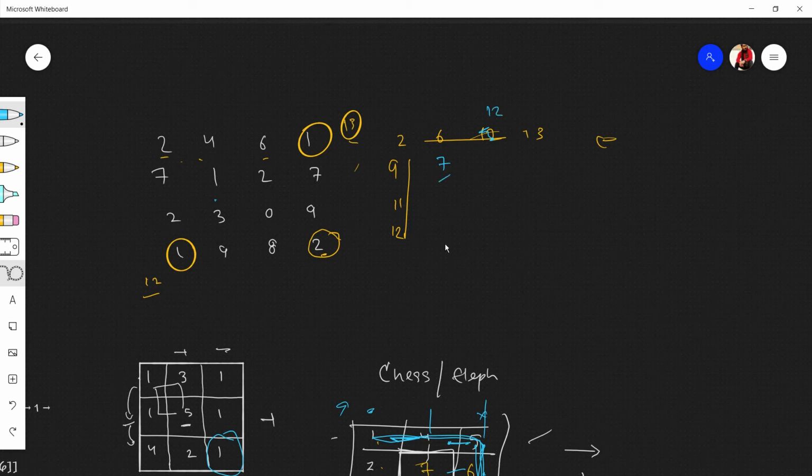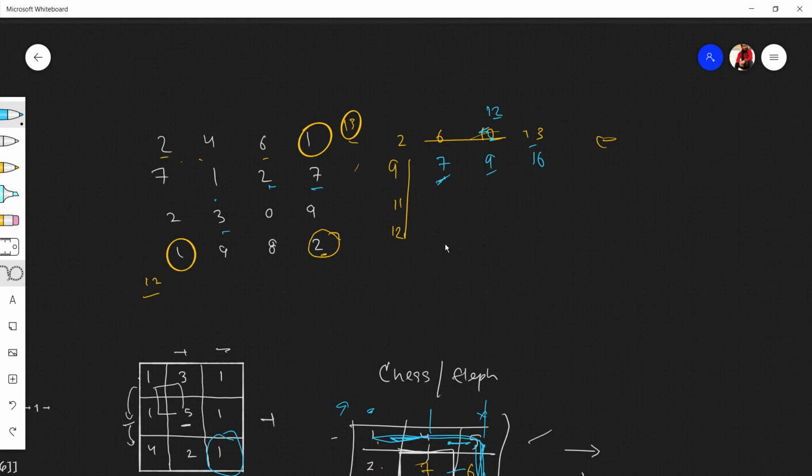So 12 and 7, what are the minimum ways 12 and 7? Like what is minimum? 7, obviously. 7 plus 2, the token charge, 7 plus 2, 9, no worries. Now we have 9 and 13 for this, because top and left, 9 and 13. The token amount is 7. Obviously we'll go for 9, 9 plus 7 is 16. Okay, done.